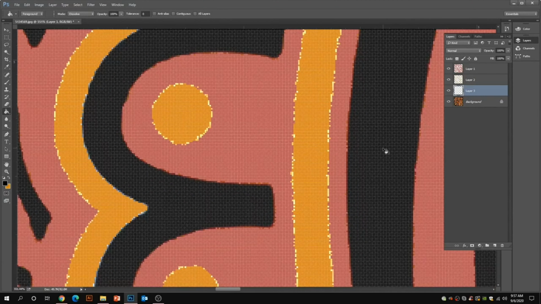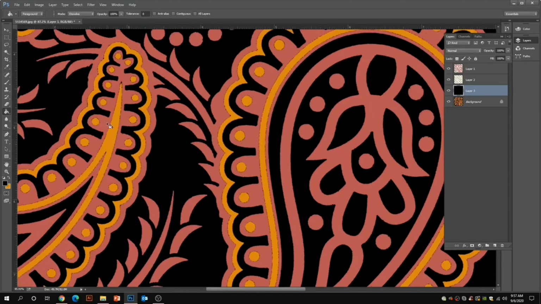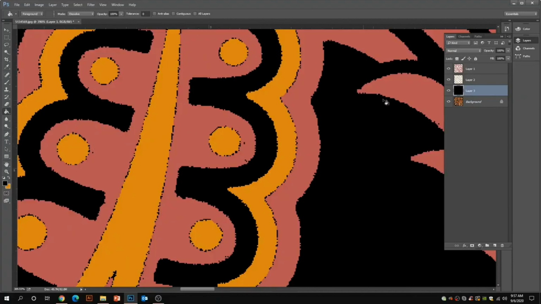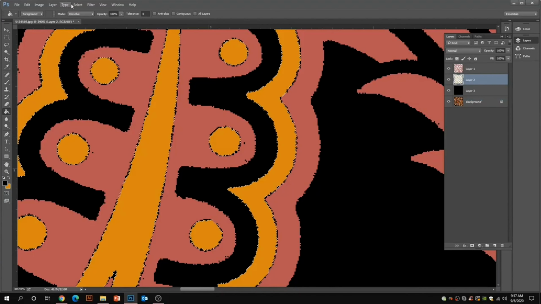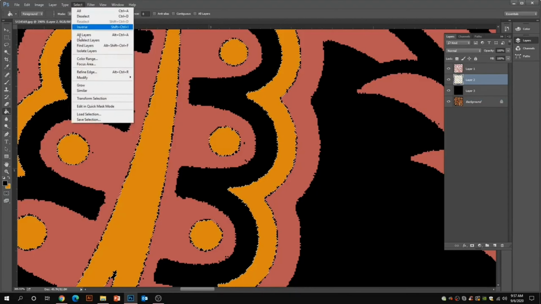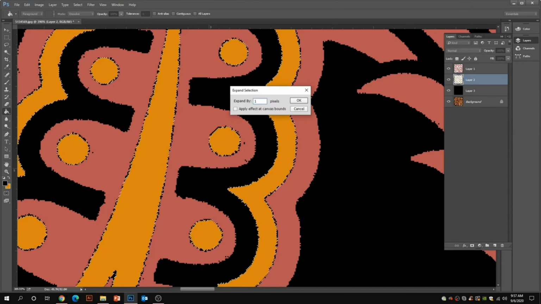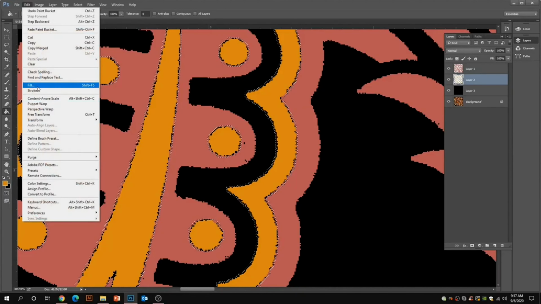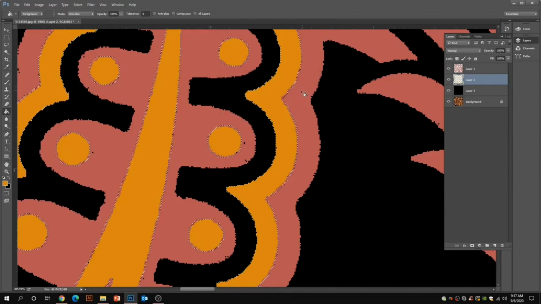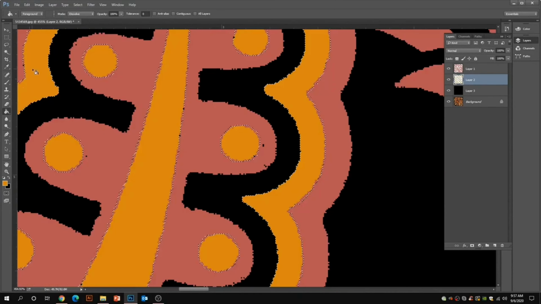I'm putting a new layer at the bottom of all layers and filling it with black color. So there are some more edges. So let's see how we can fix them. Just select the pixels where all the mustard color has been selected. I'm expanding the selection by 1 pixel. Once we are done with the 1 pixel expansion, you can see the selection has been expanded. I'm filling with the mustard color, a simple fill technique, with the foreground color. So now you can see there are very few